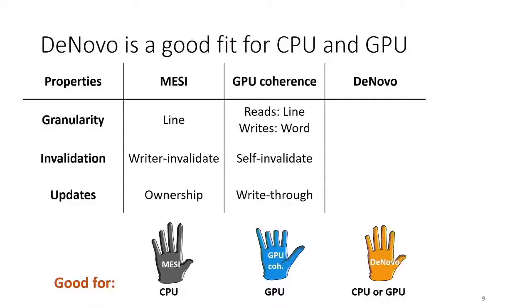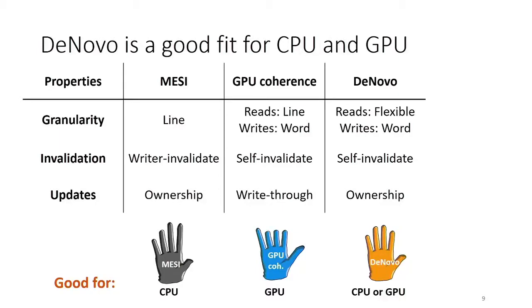DeNovo is a protocol that we developed in my group and showed that it hits a sweet spot between CPUs and GPUs. So with DeNovo, the read granularity is flexible. It can be word-based, it can be line-based, it can be multiple words in a line. For invalidations, we use self-invalidates. For updates, we use ownership-style updates. And we showed that this is a good sweet spot. So the point of this slide is there are lots of different options, lots of different ways in which you can build protocols